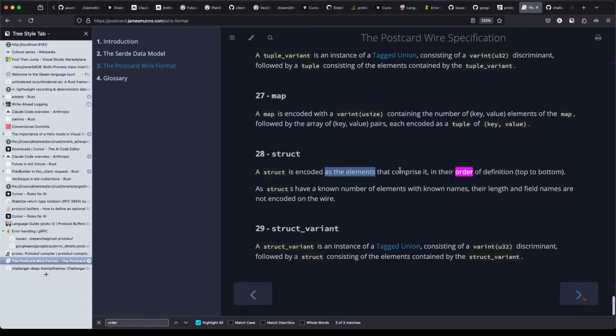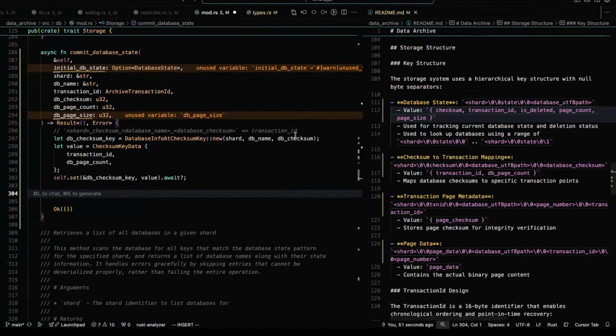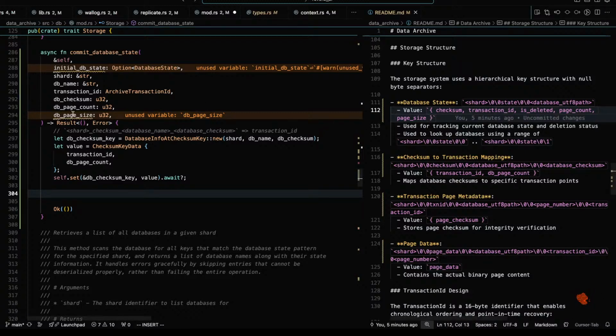Top to bottom. Lovely. Okay, perfect. So that will be consistent. I like it.